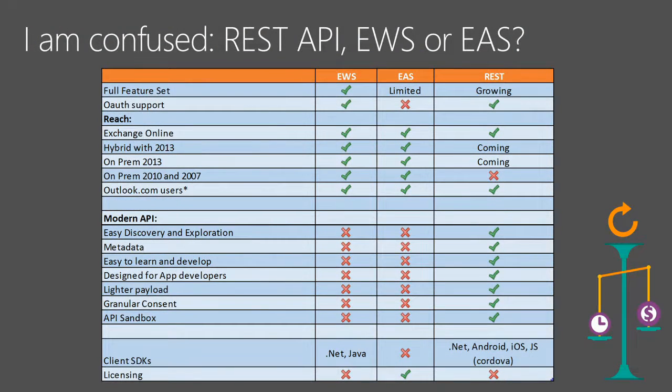This is another thing I get all the time, right? Okay, I have all these APIs. Which ones do I pick? So let's quickly walk through that. EWS is full featured. I think there's a ton of APIs. It's one of the richest surfaces, and that's because over time a lot of teams within Exchange have added to it. EAS is limited because it was meant for a phone, and also what we found is the phone